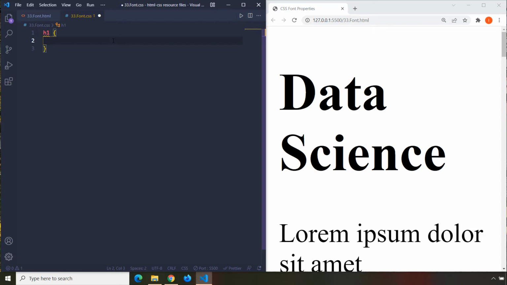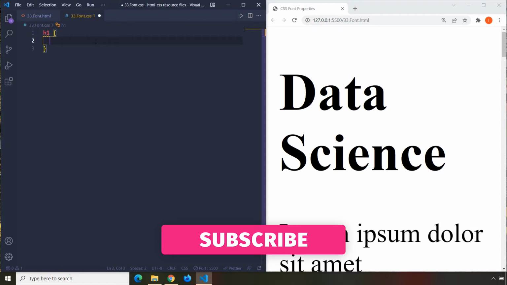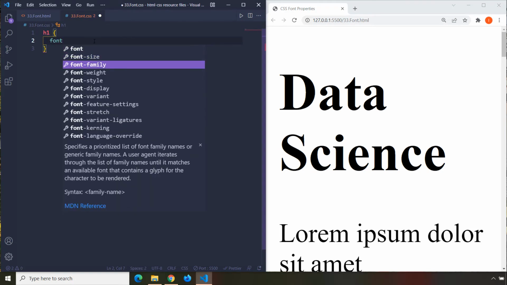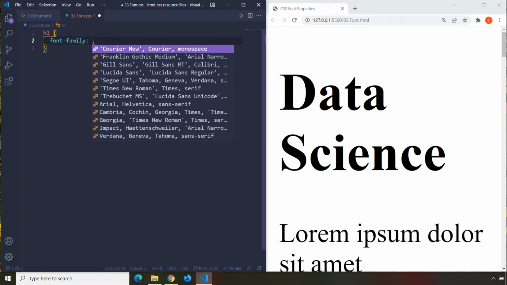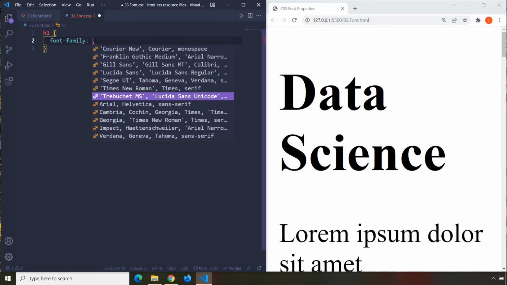The first one is serif. And these are the serifs that you see coming out of the ends of these letters. And then we have sans serif. Sans serif is the font that's not going to have these things coming out of them. To change the family of the font, you just need to select the font family. Now there are some font families here, but this is not a lot. For the most part, we do not use these. We grab fonts from Google Fonts, and I'm going to teach you how we can do that when we get to our projects. So a popular example of a sans serif font, sans meaning without,